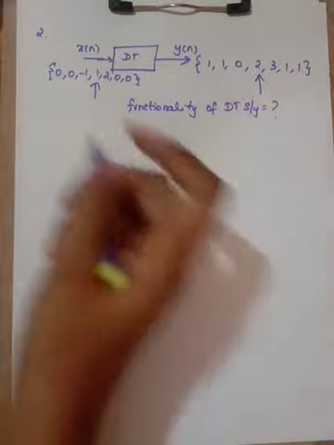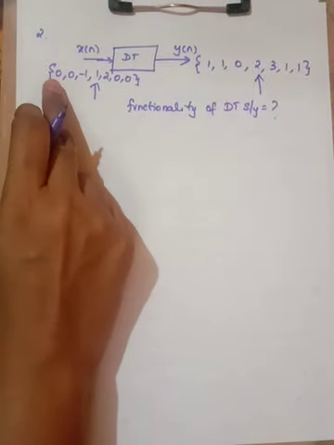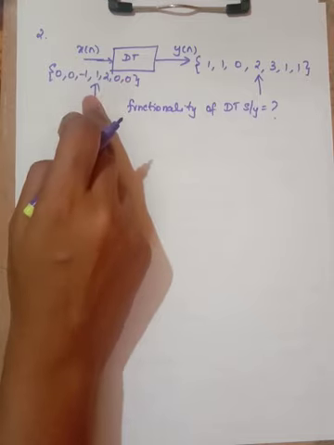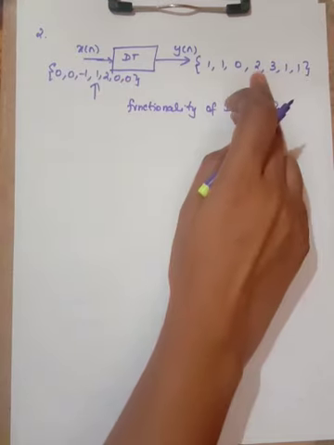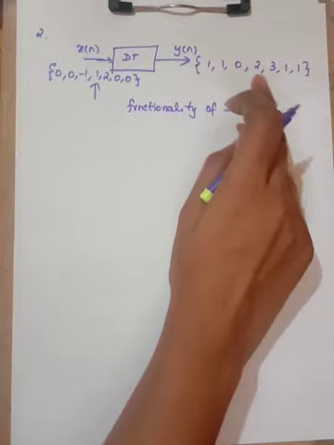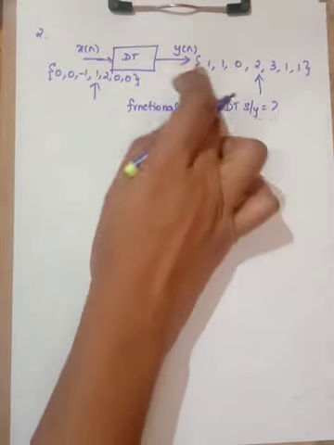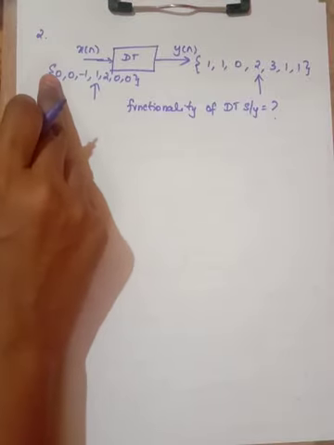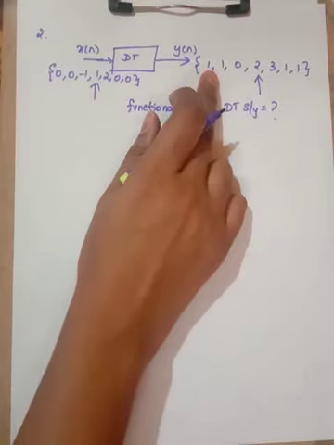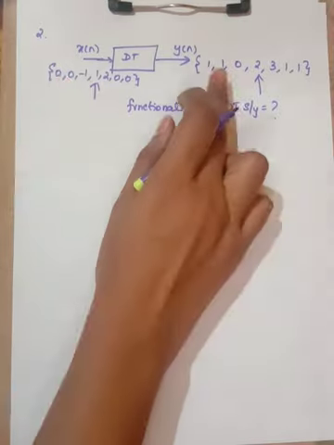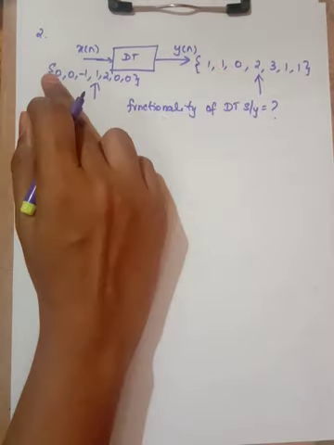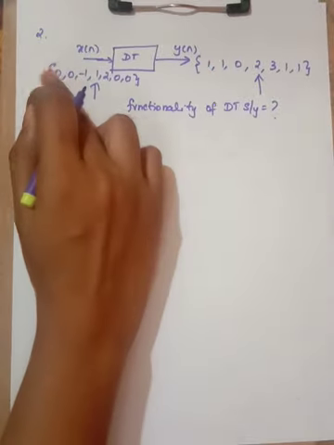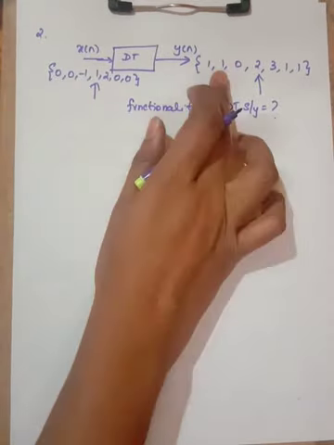Okay, now see this problem here. A discrete time system is given whose inputs are 0, 0, minus 1, 1 and 2, comma 0, comma 0, and this is the value at the index, and here this is the output obtained from the system. You need to obtain the relation between the input and the output. Now see, when 0 is given, you are getting 1. Here also when 0 is given, you are getting 1, which means that something is being added to the value. So I can assume that 1 is getting added to it.